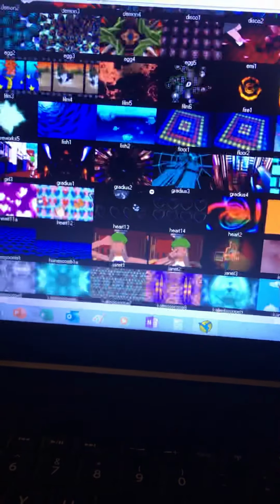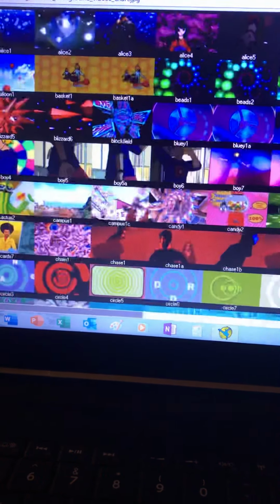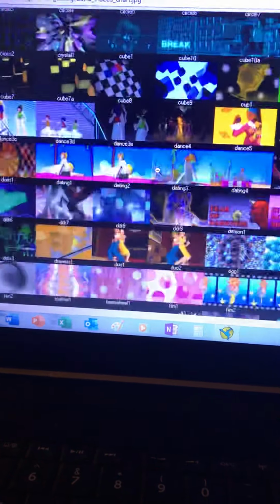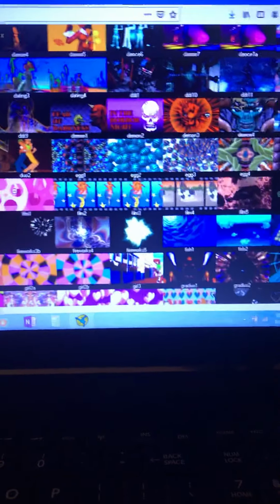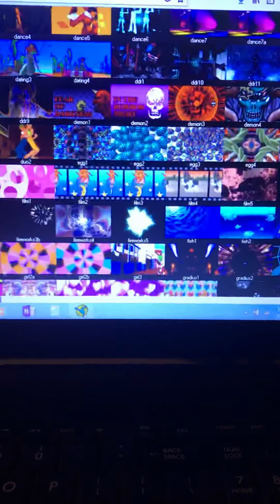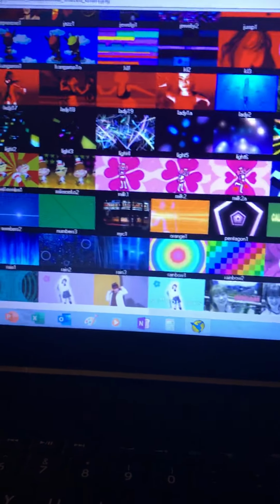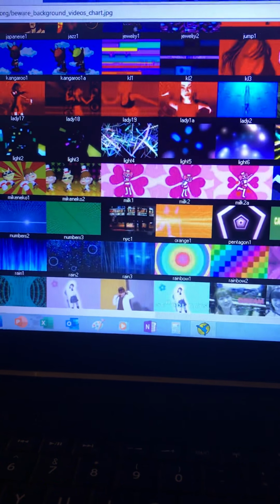This chart will make it easier for you to look at everything, and you can look at the thumbnails and think, oh, that looks really good, I'll put that in that song, or I'll put this one in this song. The difficult part is that it's kind of tricky to navigate, because it's not really easy to pinpoint. Like, I want to click on that one right there, and I'll click on it, and it won't directly take me to it. So after clicking on it, you might have to scroll around a little bit. And not only is it a thumbnail, but it also has a specific file name,